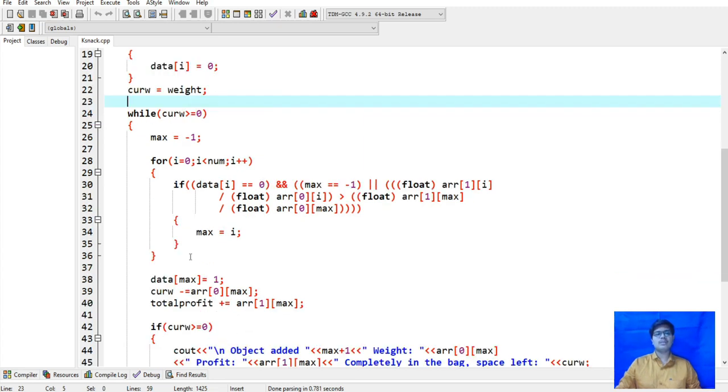And in the while loop, the bag weight is less than or equal to 0. The maximum weight is equal to -1, because from -1 it will go to the last one, and it will divide that.